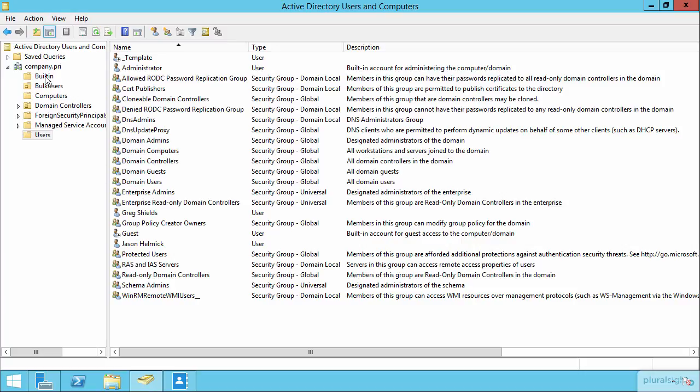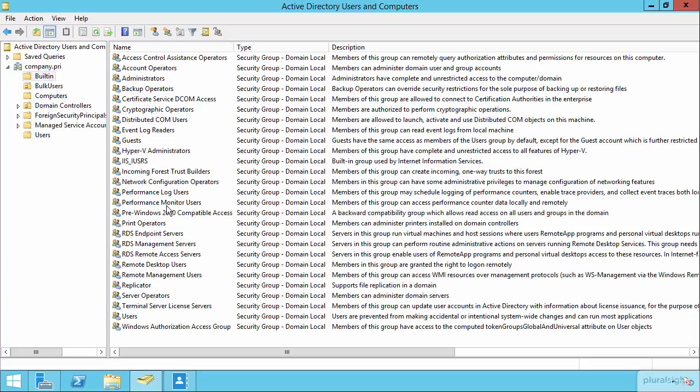I would also have an awareness of these built-in groups that exist here. These are the domain local groups that are built into the domain. These provide functionality so that you can provide that functionality to individual users to be a backup operator or an account operator, for example. Now, these groups can come in handy when it comes time to configure the user rights assessment on an individual machine, because you can put users into groups and then assign privileges to those groups as opposed